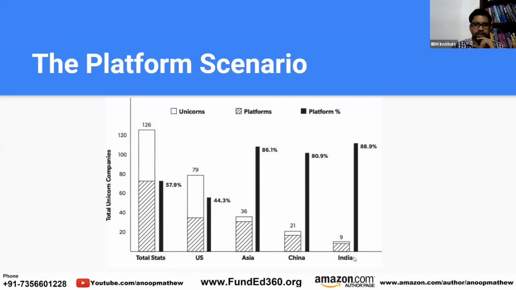And when it comes to India, you can find 88.9% is platform business. This is the power of platform business, and this is where people, especially the younger generation, new age entrepreneurs, find the value in business. That's the main reason why you can find a lot of millionaires nowadays. They are starting a new startup, finding the funds for that, infusing the funds, going public. They are listing on the New York Stock Exchange. They're becoming millionaires or even billionaires nowadays.